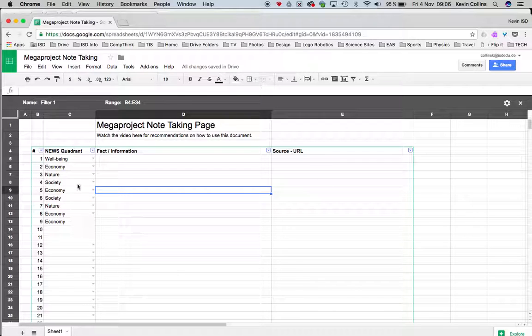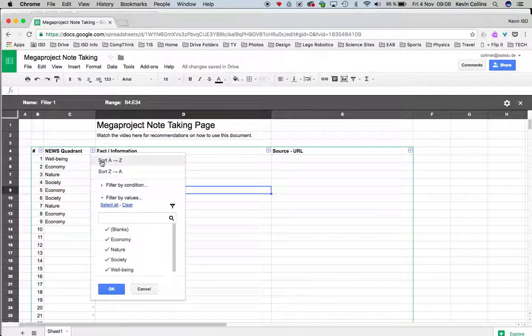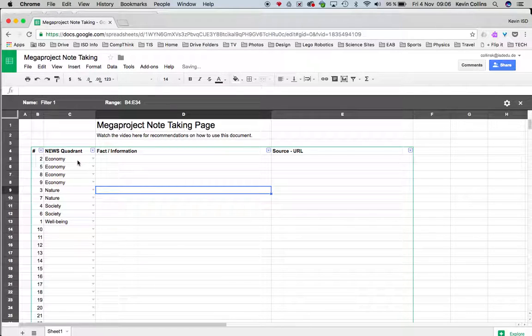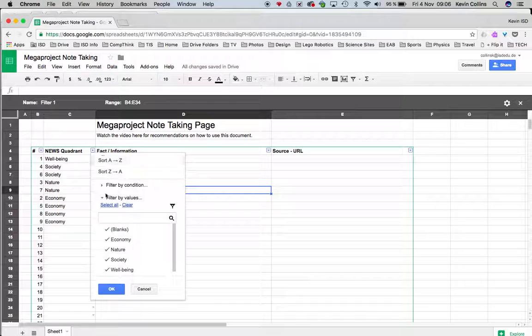But now I want to put all of my economy notes together, or I want to only see my society information. I can go to this drop-down menu and I can sort A to Z, and you can see that all of my economy comes to the top, which will organize all of your information here and here as well. Nature, society, and well-being. You can organize that A to Z or from Z to A, or you can simply look at, if I only want to look at economy,